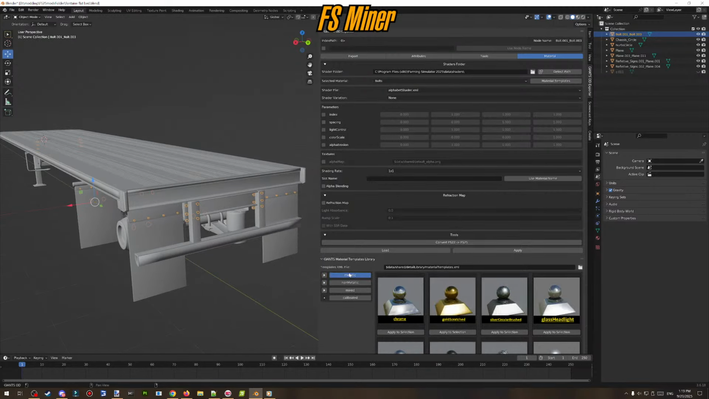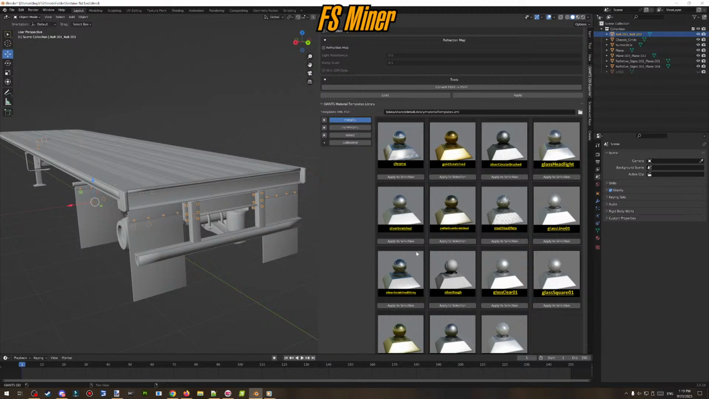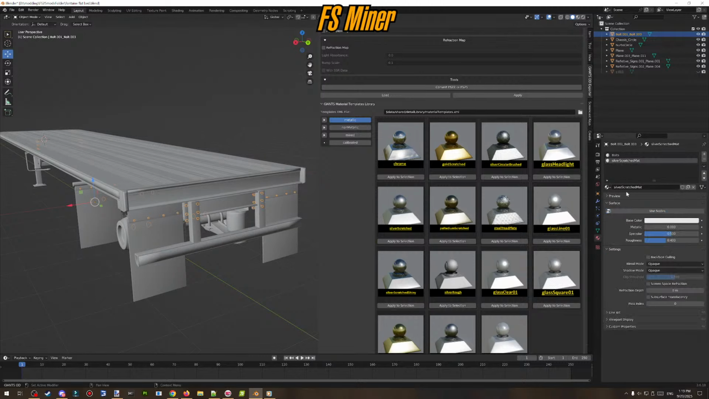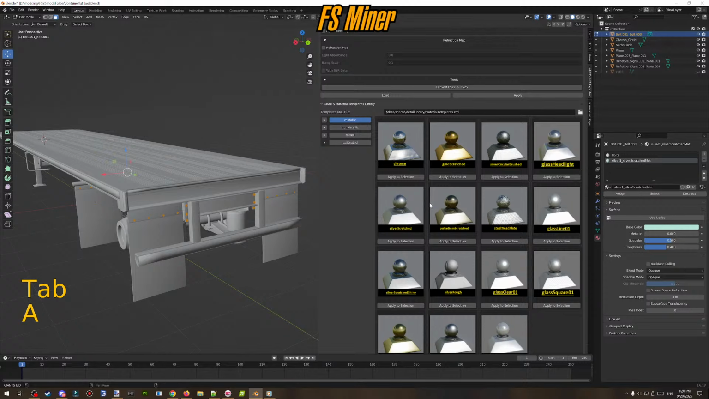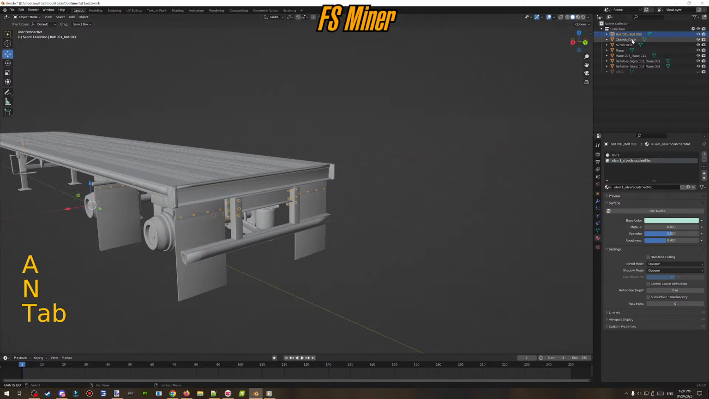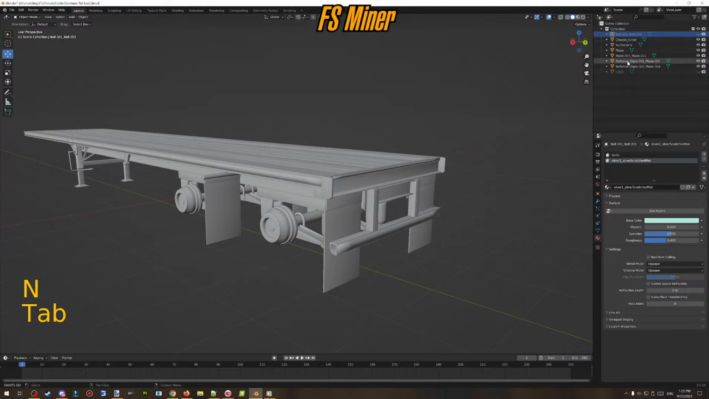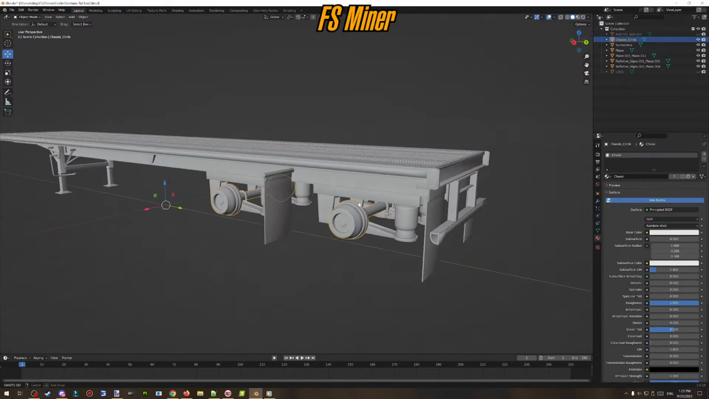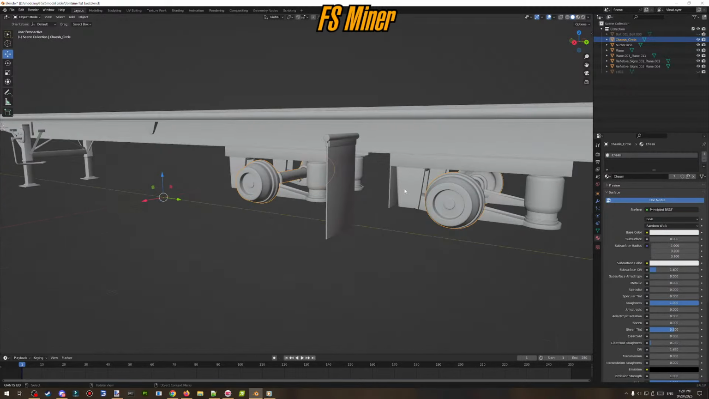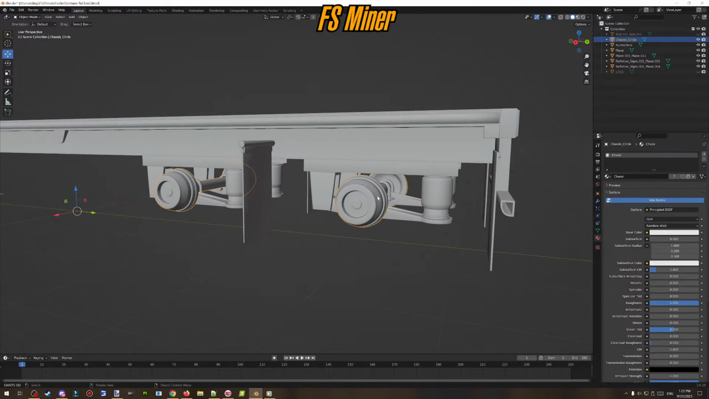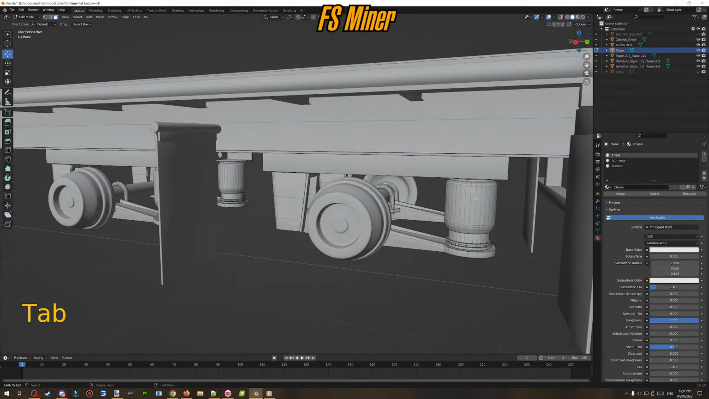For the bolts, I will select metallic, silver scratched. I usually rename them to be sure. Tab, A, assign. Finish with it. I would like those to be black. First I will separate